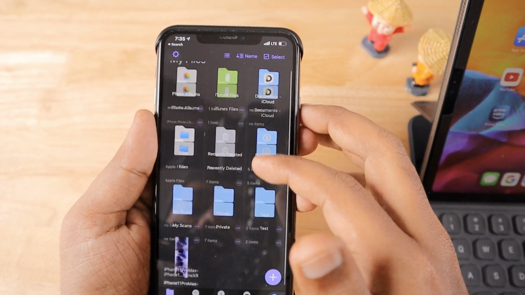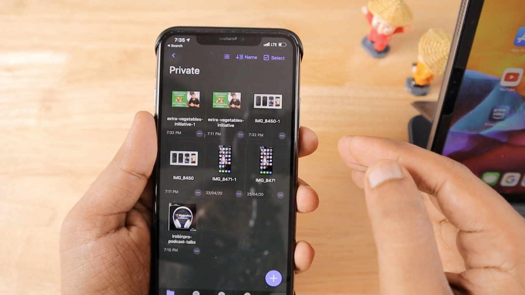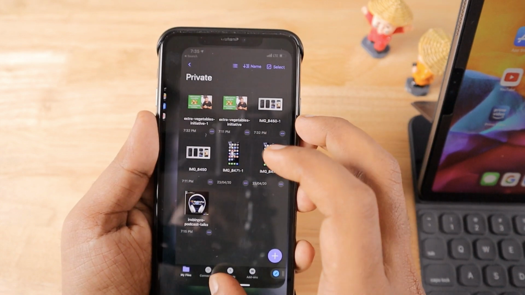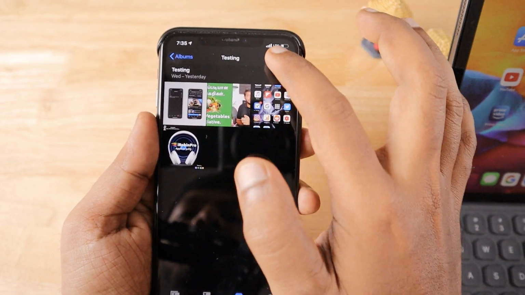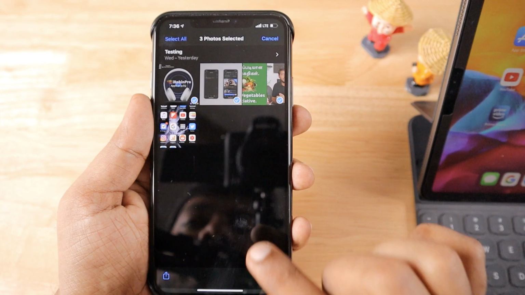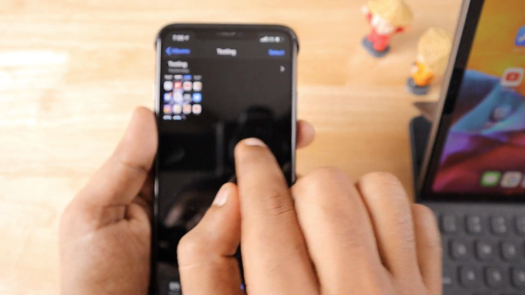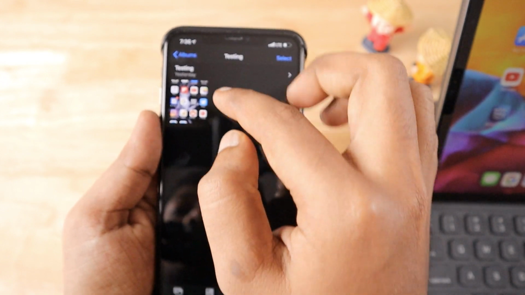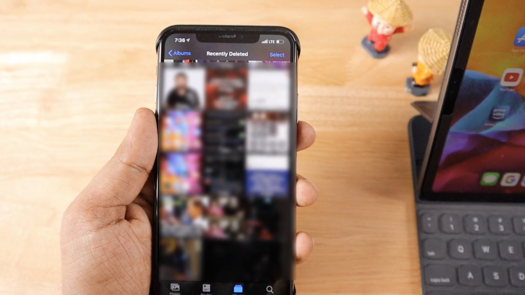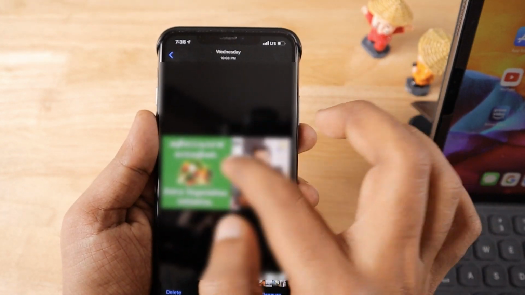All right. So here you can see the private folder. And the files I have transferred, I have done it twice already, so it is available here in 2 copies. After confirming that the copy is already here, I have to go to the Photos application and delete these 3 files or photos permanently. To do that, after deleting it from your Photos album, navigate to your Albums folder, and at the bottom you will see Recently Deleted. From there, you have to select those photos and permanently delete them.